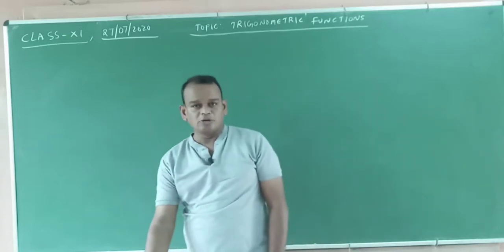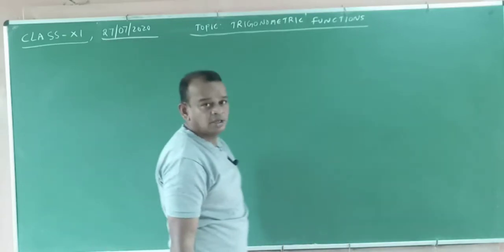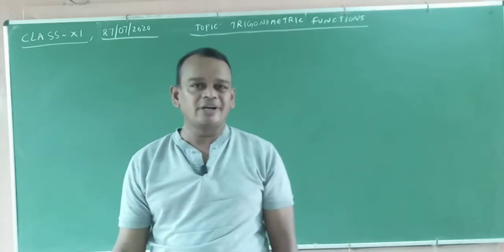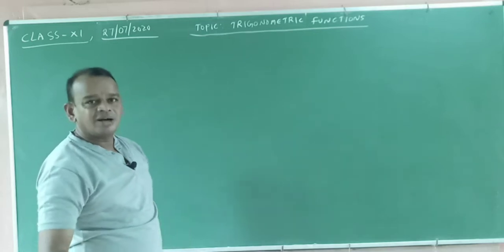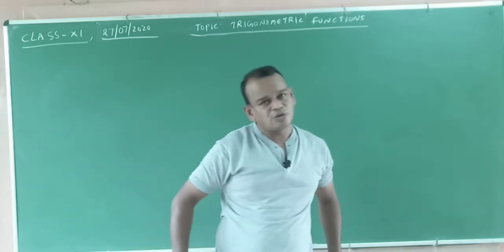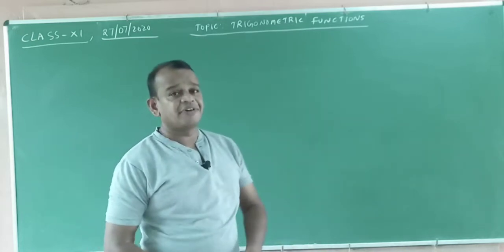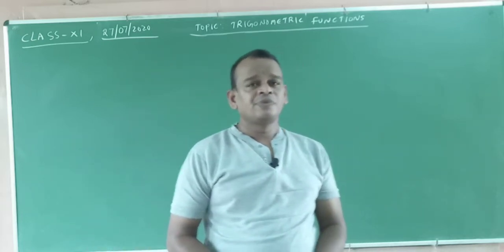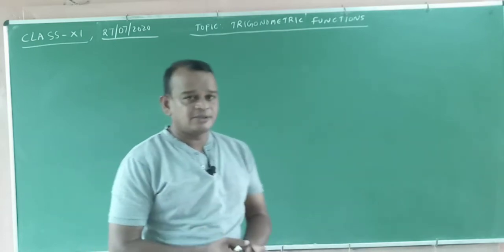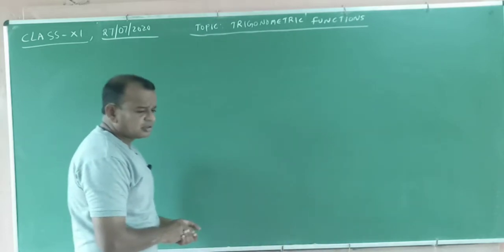About the topic trigonometry. In the basics, we covered the degree, what is the radian, how to convert degrees into radians and radians into degrees, and small definitions: how many trigonometric ratios there are and how to define them. Those trigonometric ratios are defined in the right angle triangle. After that, the complementary angles I discussed yesterday. Now today I will discuss the trigonometric values.